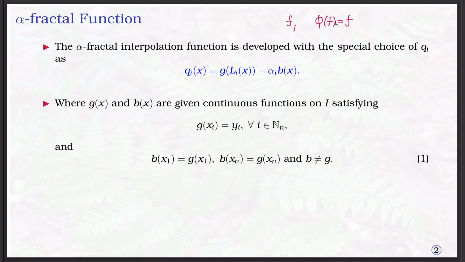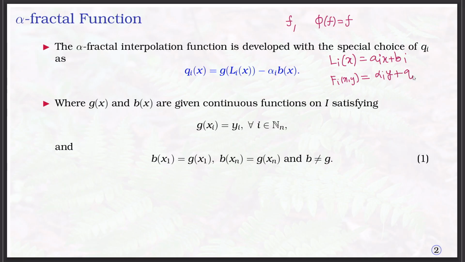In the construction of the fractal interpolation function, we need to take the Li function which controls the x axis and the Fi function which controls the y axis. The Li of x is defined as Ai x plus Bi, and the Fi function is defined as alpha i times y